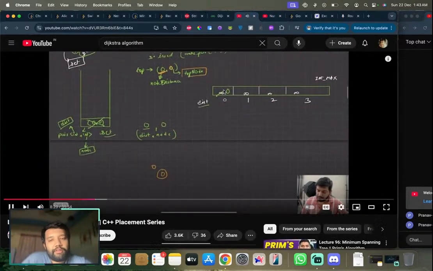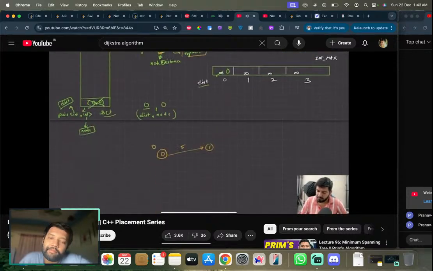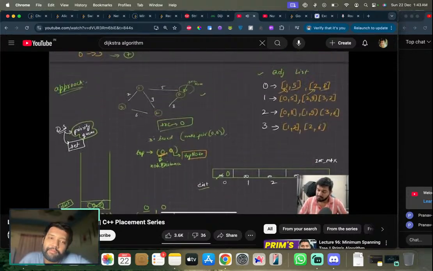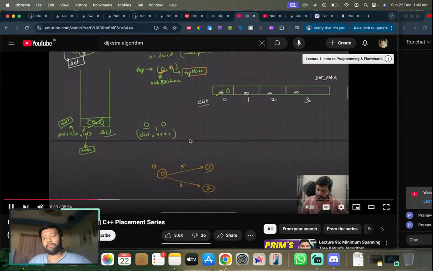एज पर यहां से मैं देख के पता लग रहा है 0 से मैं कहां तक जा सकता हूं, आपने कहा 1 तक जा सकता हूं विद डिस्टेंस 5, ठीक है। आपने कहा 2 तक भी जा सकता हूं विद डिस्टेंस 8, तो मैंने बोला मैं 2 तक भी जा सकता हूं विद डिस्टेंस 8। तो अगर मैं यहाँ पे ध्यान से देखूं तो 1 तक पहुंचने में कितना डिस्टेंस